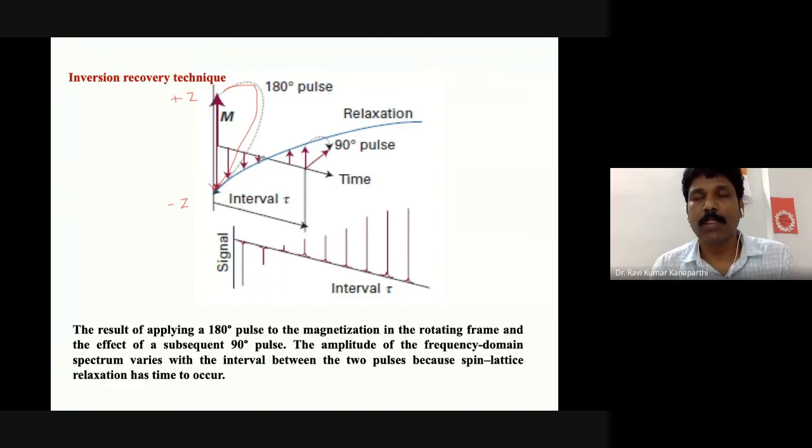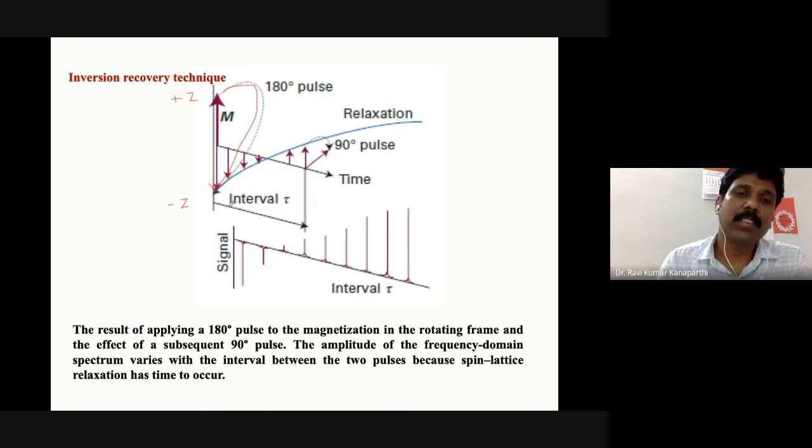So in the xy plane, if you have any magnetization, any magnetic vector, rotating in the xy plane, that basically gives a FID, free induction decay, that gives you a signal. This entire process is repeated several times for different time delays, and then what you see is this behavior. You can see there is a blue curve, or I'm redrawing that. This actually follows an exponential, as a result of which the appropriate signal strength is also shown here.